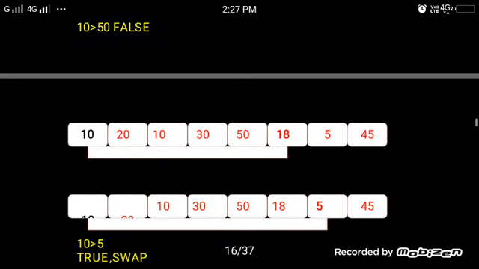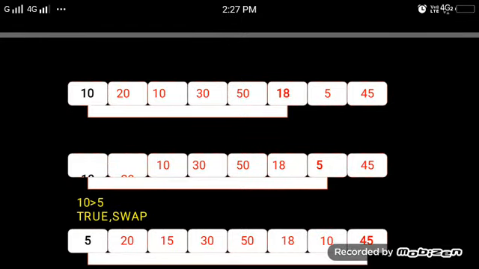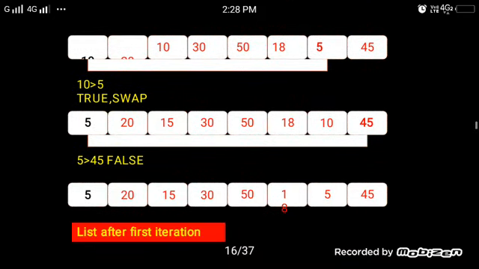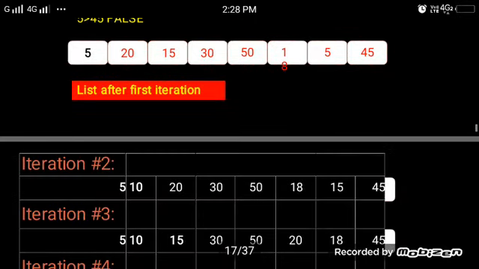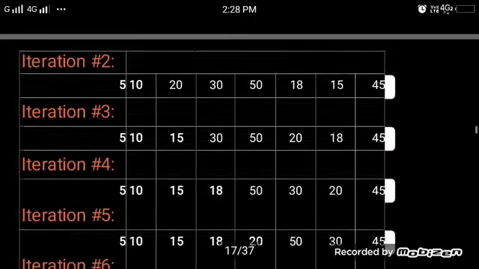Like that you have to check the next one, 10 greater than 5, and then swap, so 5 is first and next is 10. After that all iterations can be done. This is the list after the first iteration: 5, 10, 20 and so on. I have clearly shown this.